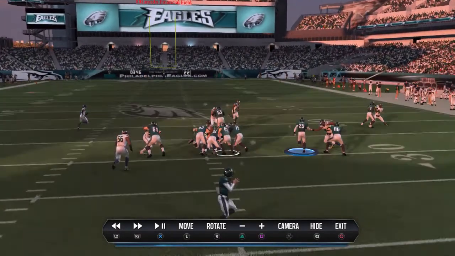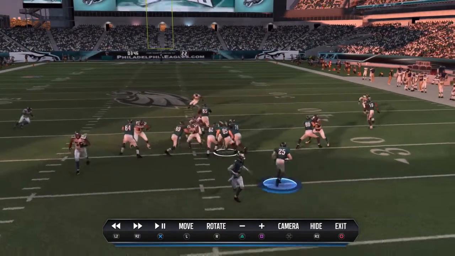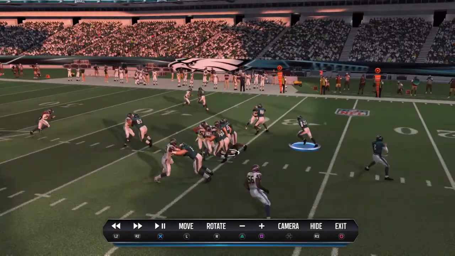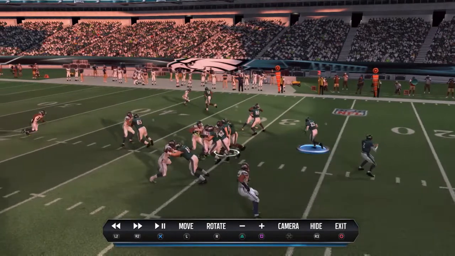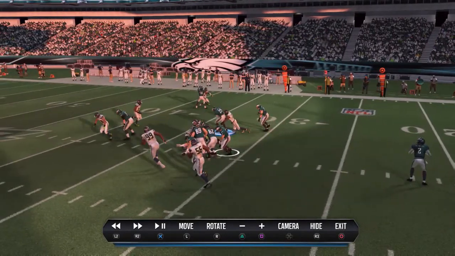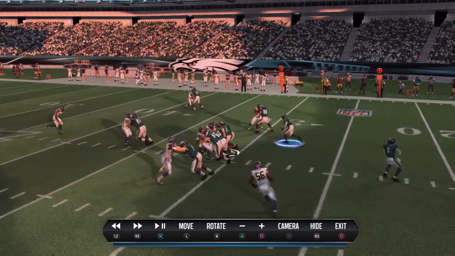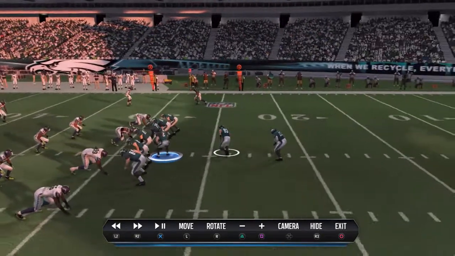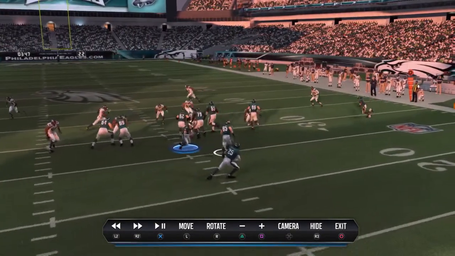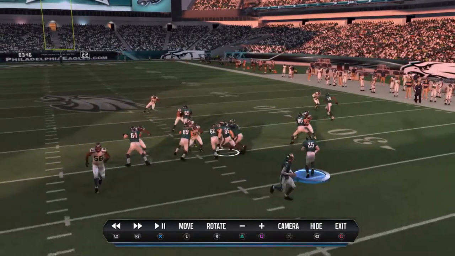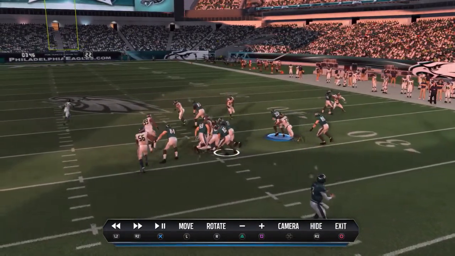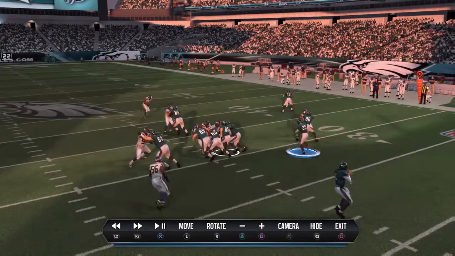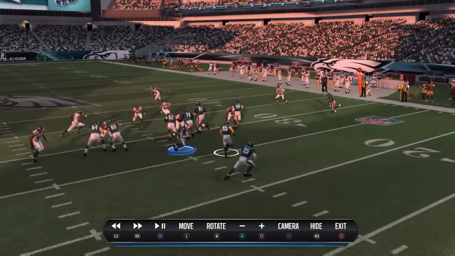But the positives, like I said before: you can see how Bennett is aware that LaShawn McCoy is coming through the line, he reaches out and grabs him, grips him up and takes him down. There was a lot of talk about reach tackles not being in the game. That is a prime example of a reach tackle being in this game. There are other examples I have seen. It probably needs to be a little more user intuitive, but it is in the game. It's pretty much that simple.